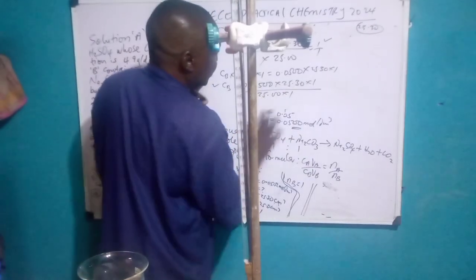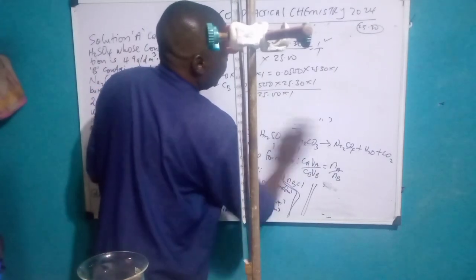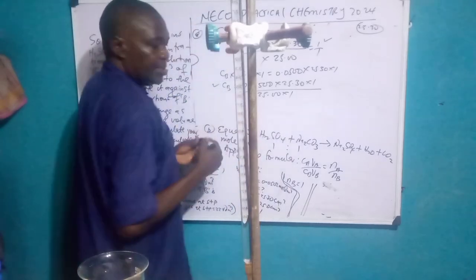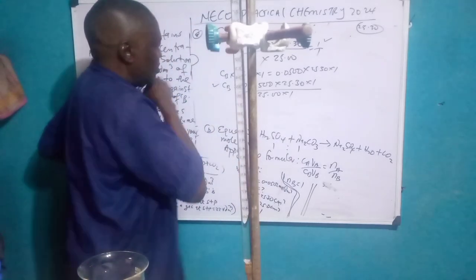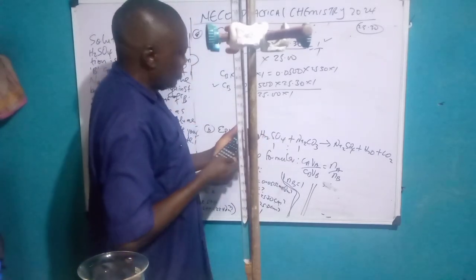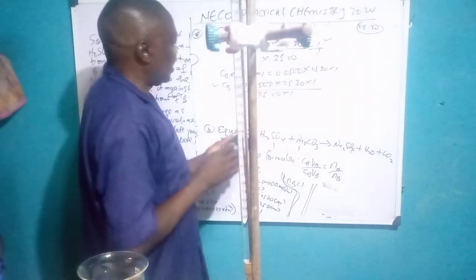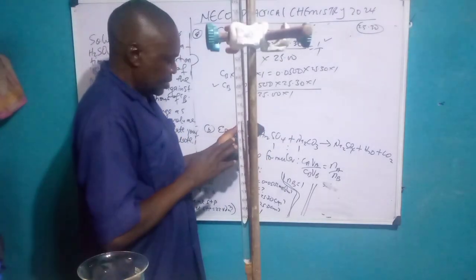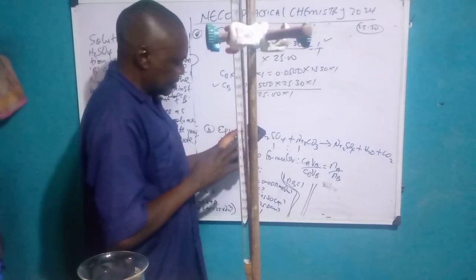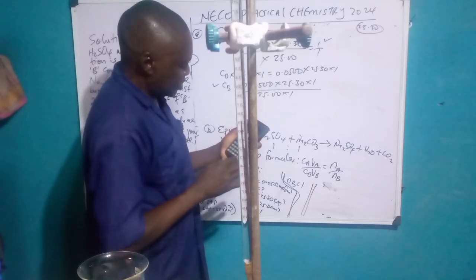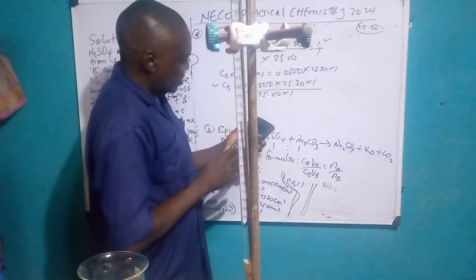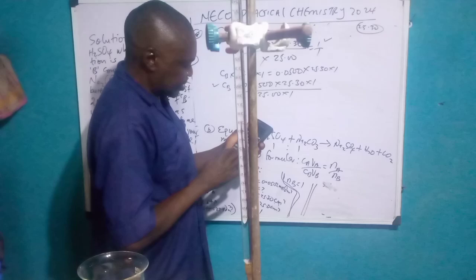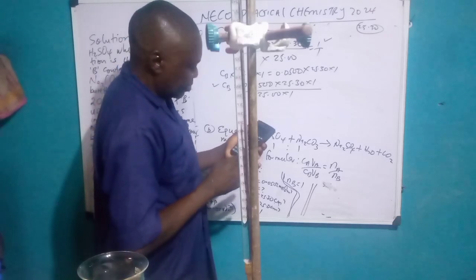You can see it. We have already used this one, so we don't need this again. So you now calculate. My dear student, follow these steps and try to do what is here. 0.0500 times 25.30 will give you